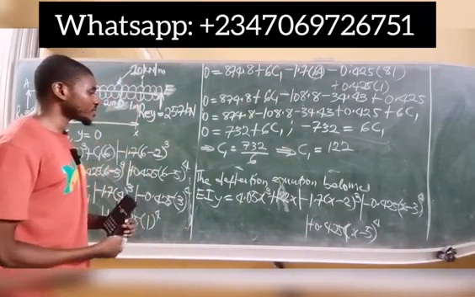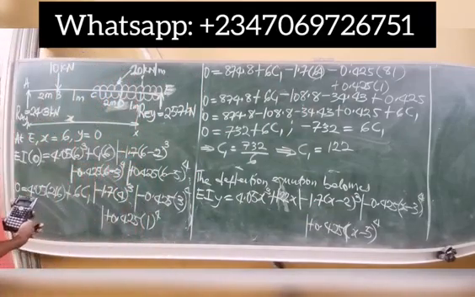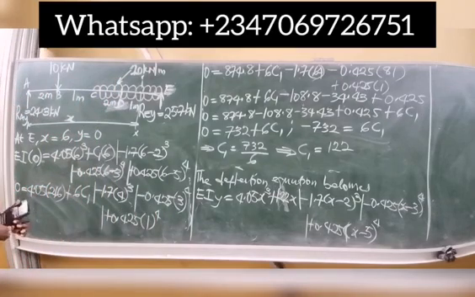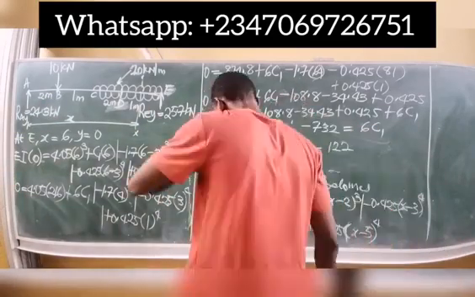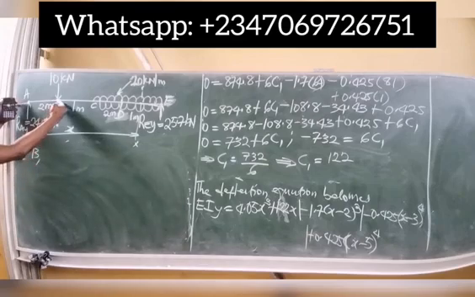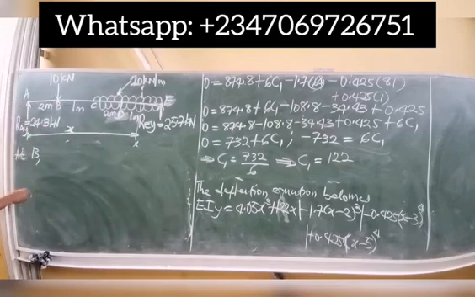So the first question says we should find deflection at point B. The very first question says we should find deflection at point B. So let's now apply boundary conditions at point B. At point B, what is now the value of x? Let's do that now and see. At point B, that is simply saying x moving from point A down to point B. The value of x simply becomes the length from point A to B, which is 2 meters. So at B, x is actually equal to